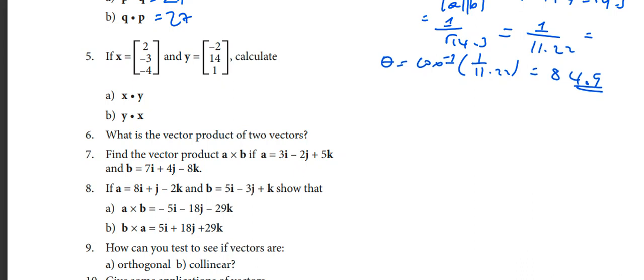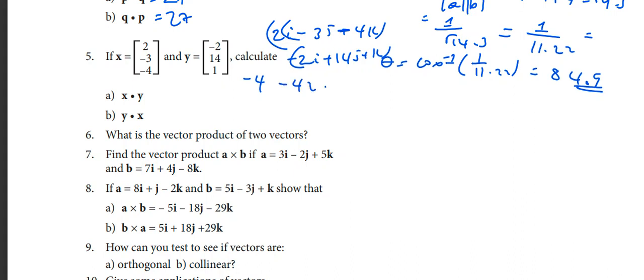Therefore 2i minus 3j minus 4k ማለት ነው፣ የሁለተኛው negative 2i plus 40j plus k ማለት ነው። Therefore እነዚህን dot ፕሮዳክታቸውን ስንሰራ negative 4 minus 42 plus minus 4, therefore this is equal to negative 50 ይመጣል። የዚህኛው ደግሞ y dot x ያው ተመልሶ negative 50 ይመጣል ማለት ነው።